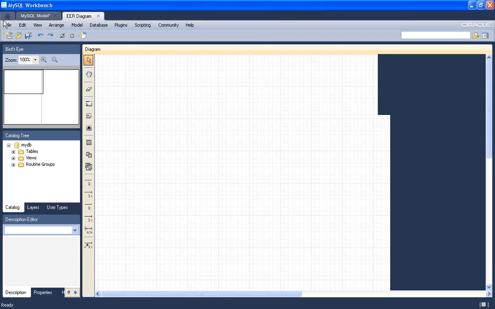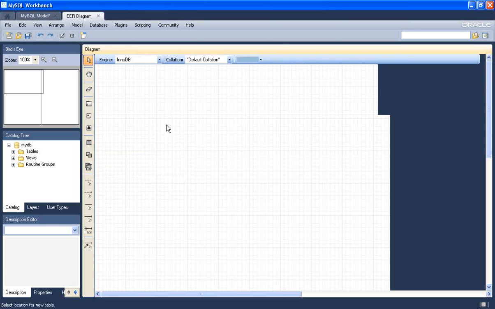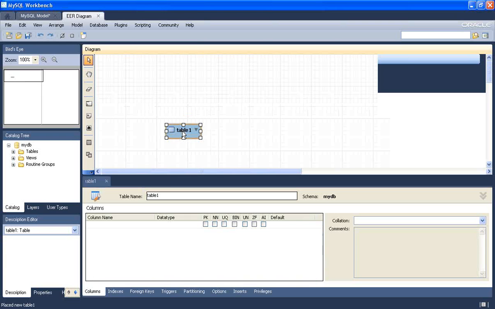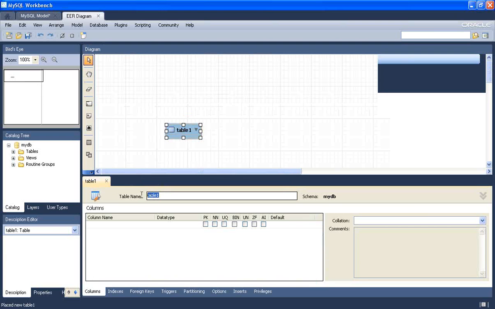And if you see this tool, you have certain options here. So place a new table, place a new view. For now we'll limit to new table. Perfect. Double click on it, and it says you can edit the name,